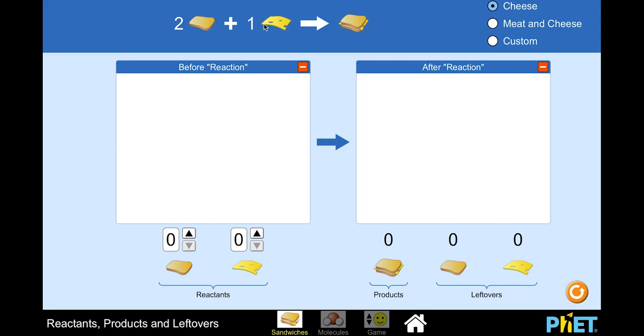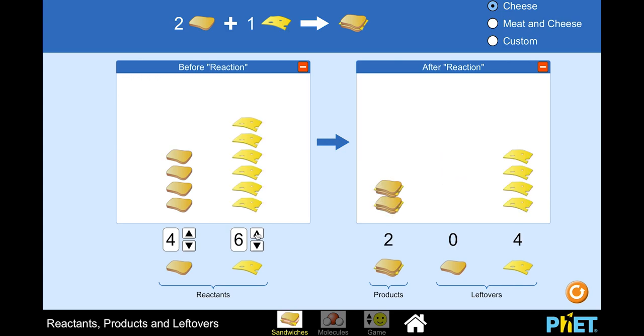we have two slices. They require one cheese to give us one sandwich. So for example, let's say we have this setup like this one. Okay, so we don't know how many slices we have, but we know the number of cheese we have. So in this case we have got 6 cheese. So they react with unknown slices to give us